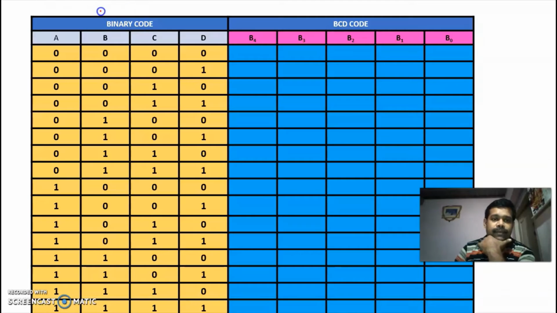In binary, we have written from 0 to 15.